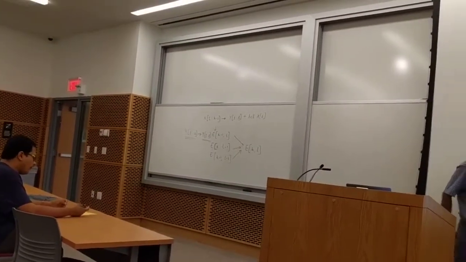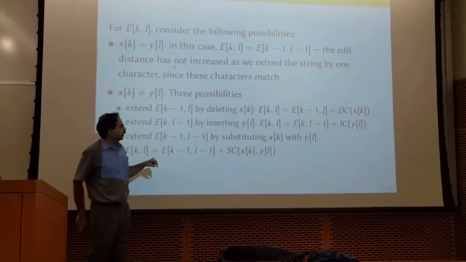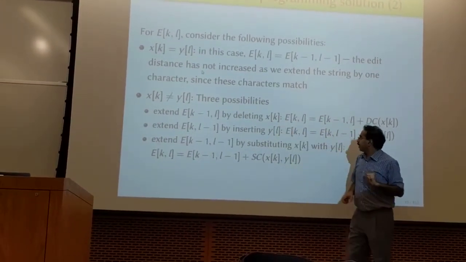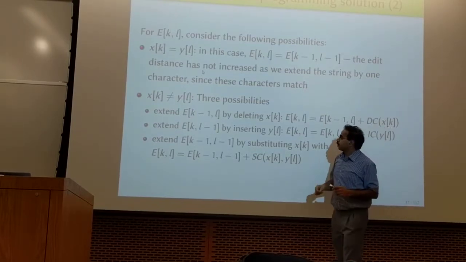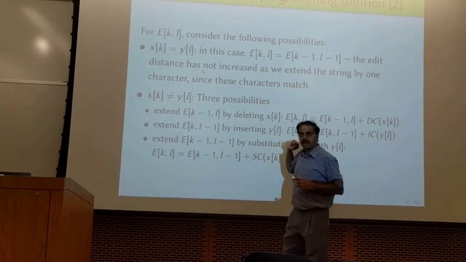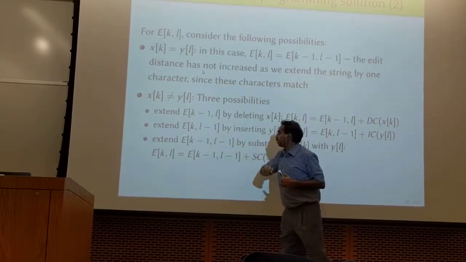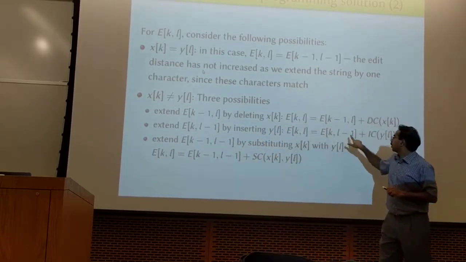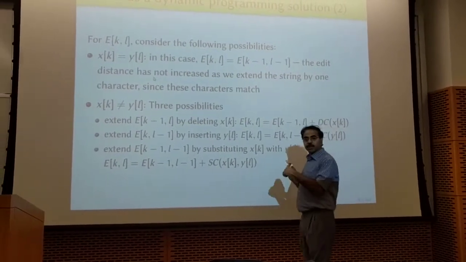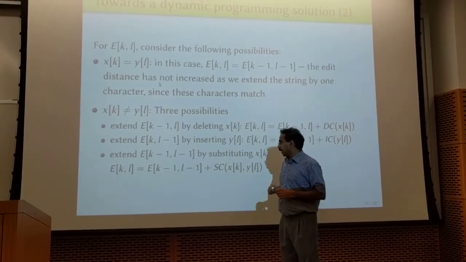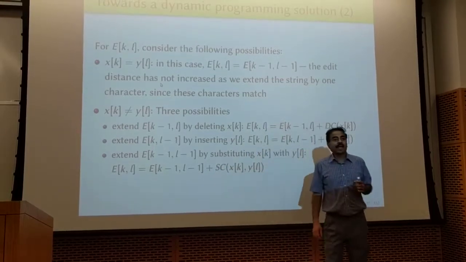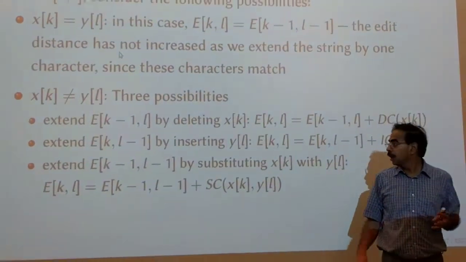Extend this edit distance: from this edit distance, derive the edit distance to the prefix up to k by deleting xk. Alternatively, you could start from here and say I want to insert a character, the lth character of y could be inserted, and that corresponds to this. Or you could be trying to put both of them at the same time, which means that you are trying to substitute the kth character of x with the lth character of y. So these are the three